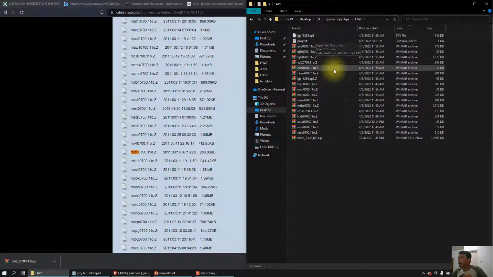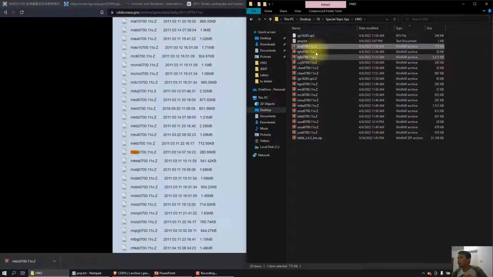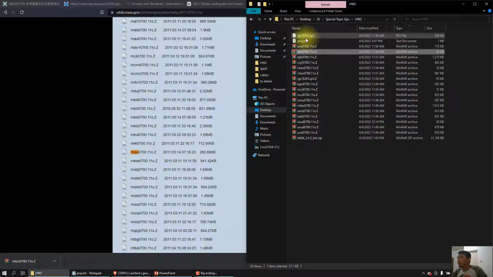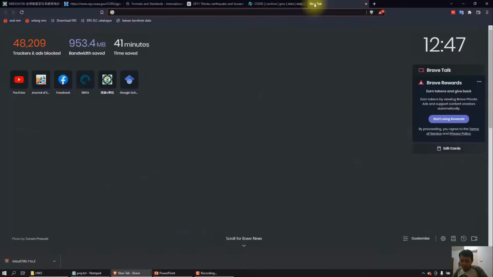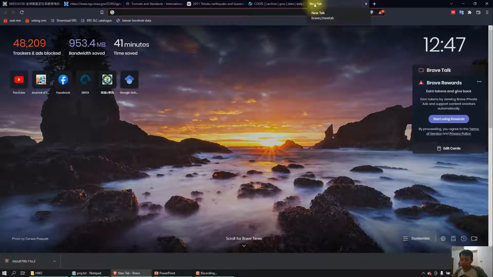Alright, so the downloaded data is just like this. Here is the observation file, and the N is the navigation file. Then we are going to process those data in RTKLIB. So what is RTKLIB? It is an application that can process your GPS data.